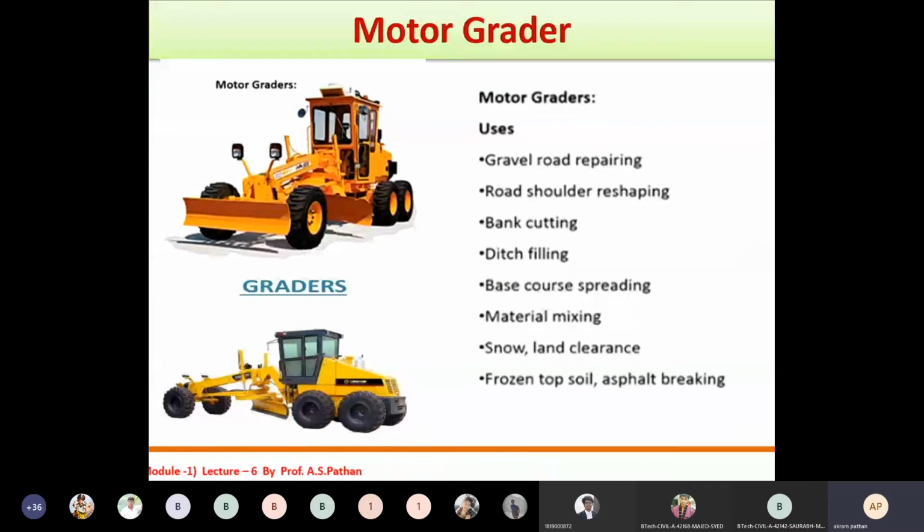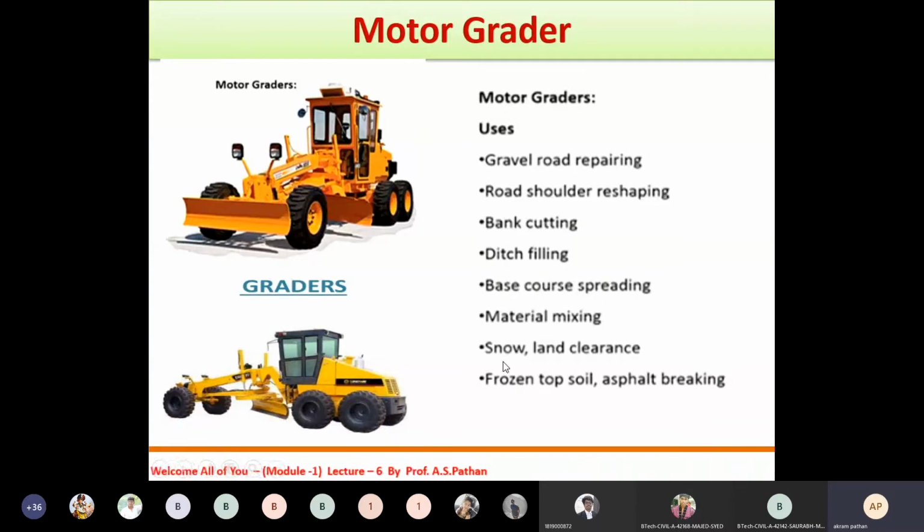So these are the layers of the road surface. So in case of base course, if you want to spread the murum on the subbase course of the road surface, with the help of this motor grader we can spread that murum or the aggregate. Then in case of material mixing, we can use this particular machine, the motor grader.